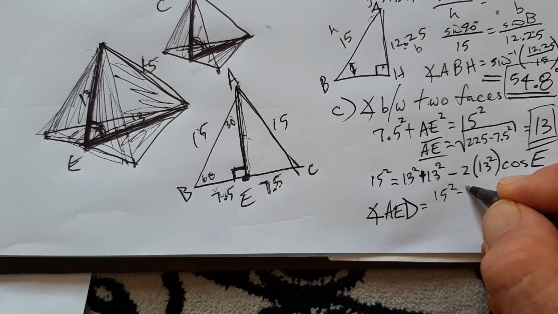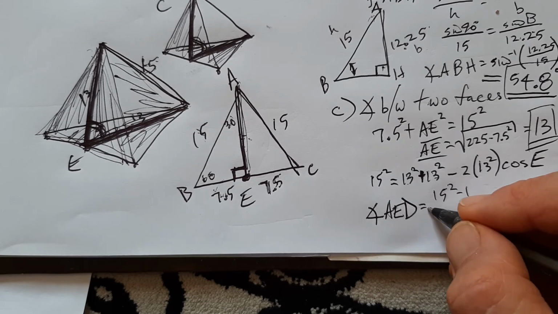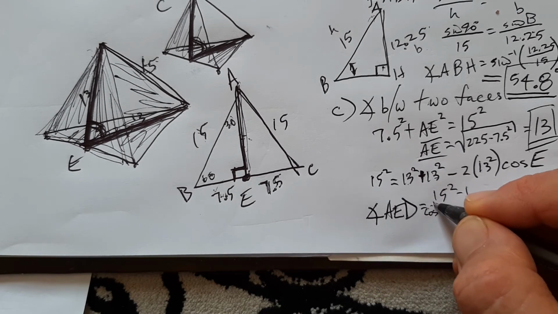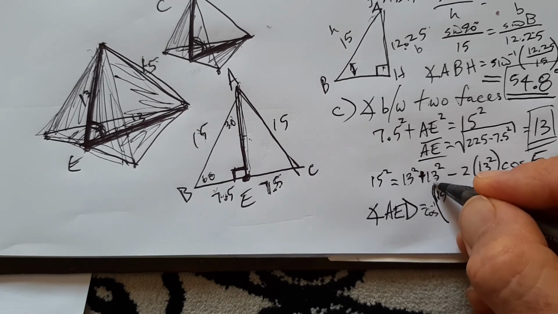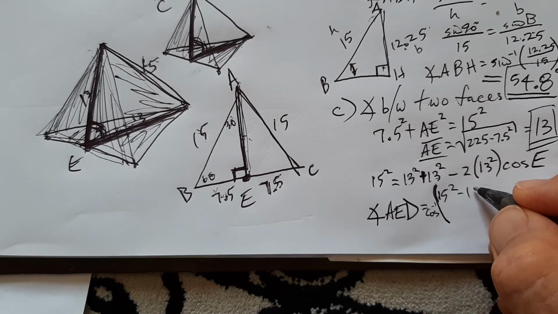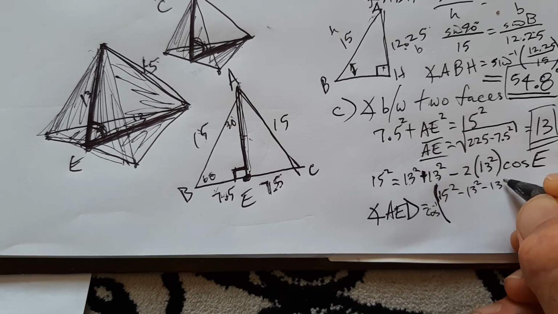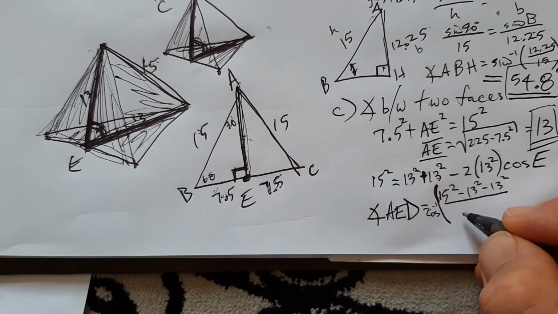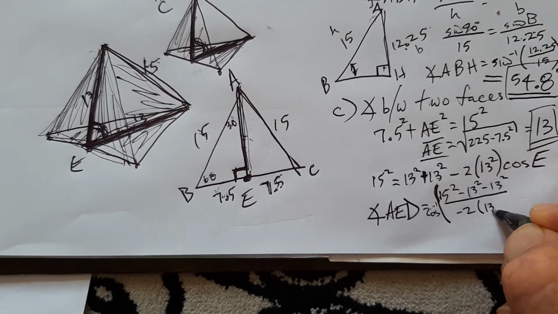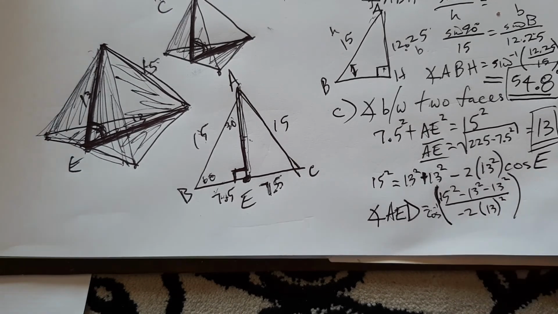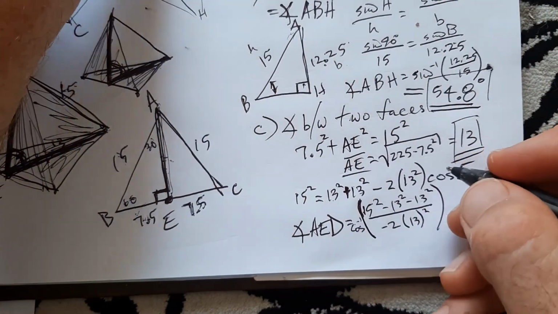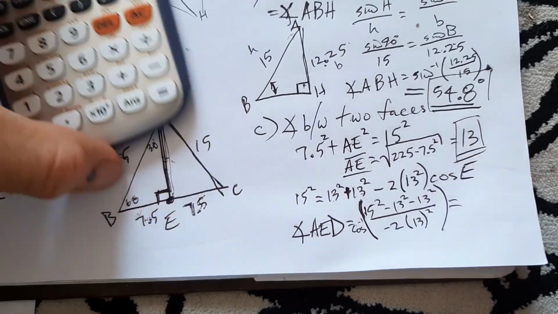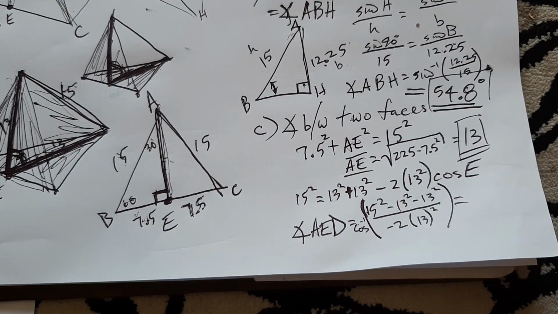cosine inverse of 15 squared minus 13 squared minus 13 squared over minus 2 times 13 squared. Okay, this looks like what I messed up on last time, so I'll try not to forget to square my terms. And hopefully we come out with, I wonder what it'll be, somewhere around